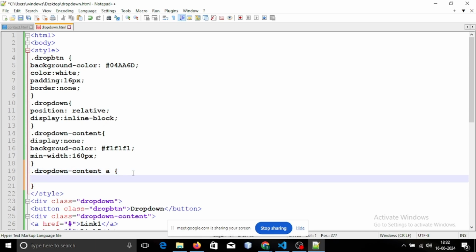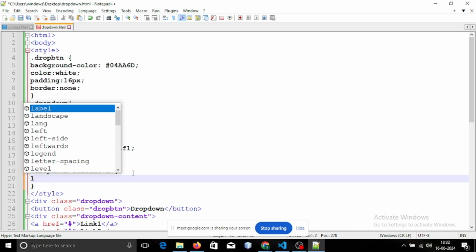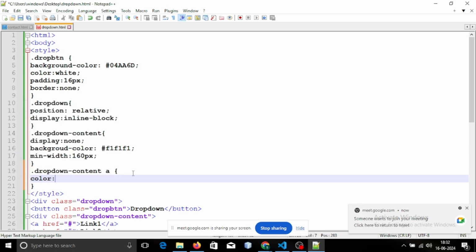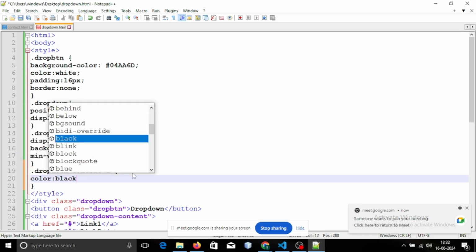So let me set the color of link 1, link 2, all those things to black. Color will be black,